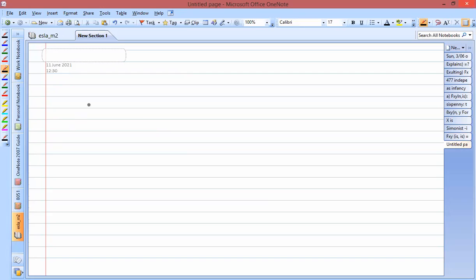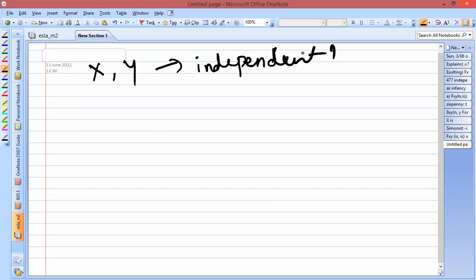In part C we are asked to calculate whether x and y are independent. So the third part is we need to calculate whether the random variables are independent. Here we need to verify this. For verification of the independence property, what is the equation that we used to have? fxy of x comma y should give the same result as the product of the marginals: fxy of x comma y is equal to fx of x into fy of y.